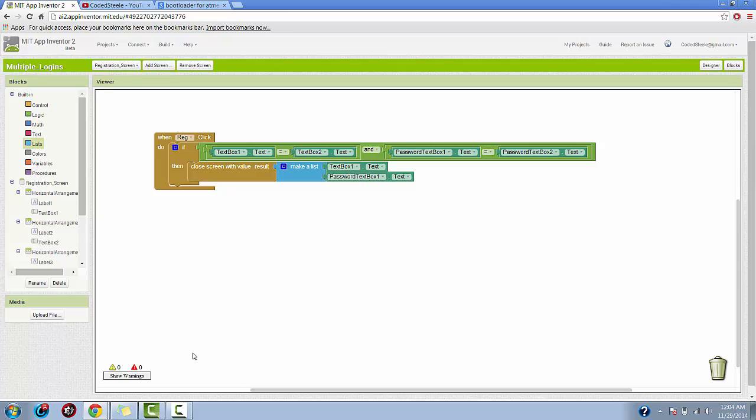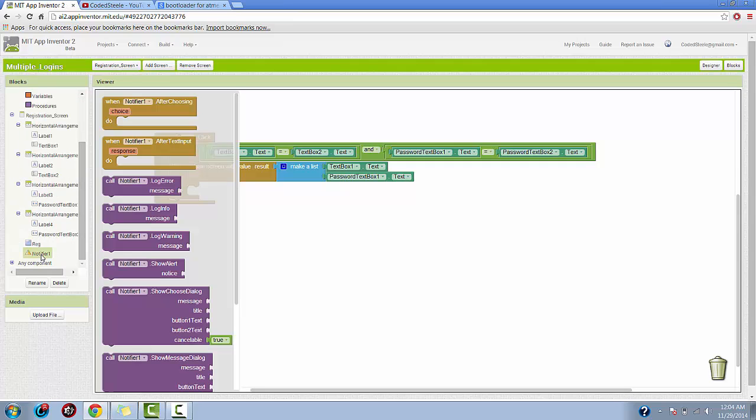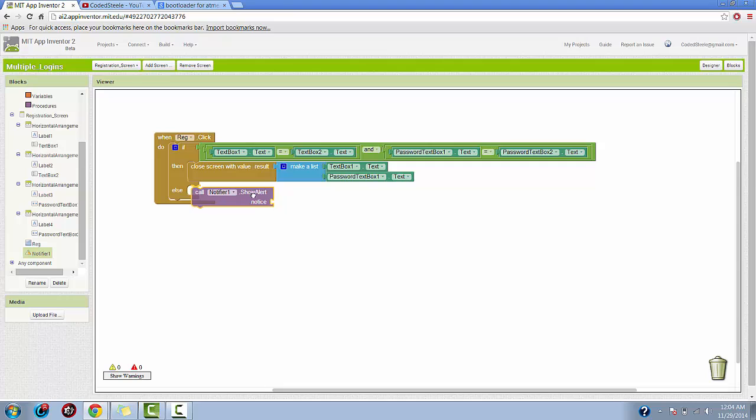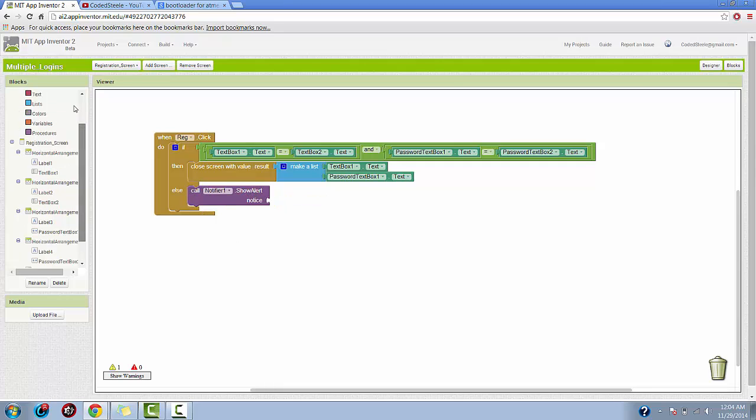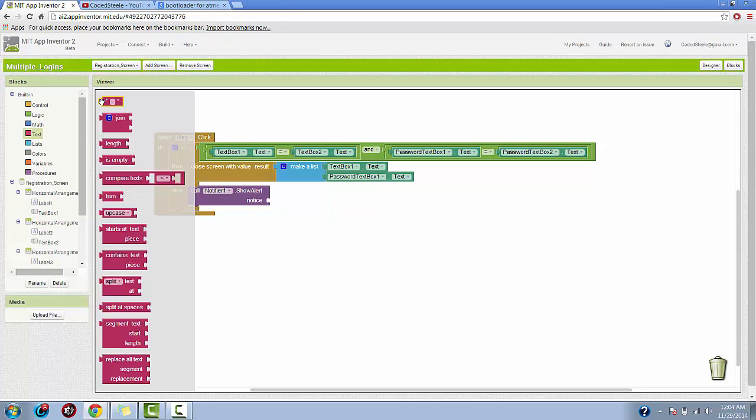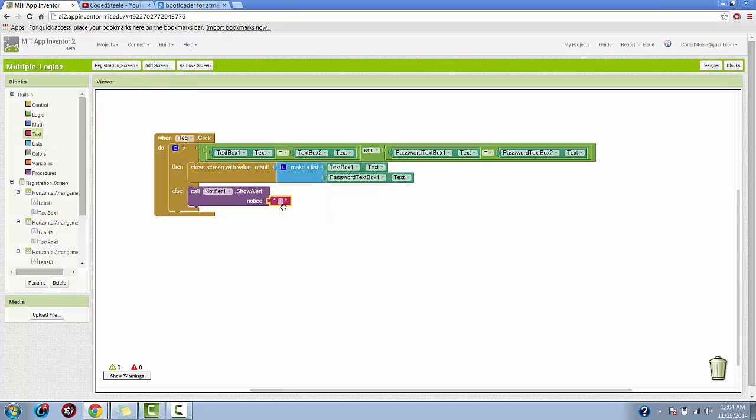With all of that done, the only thing left to do on this page is place an else statement in and say what happens if it fails. If it does fail, we're going to place in a notifier component just like on the other page, and show an alert that will dismiss itself after a certain amount of time. And similarly, we're just going to put correct